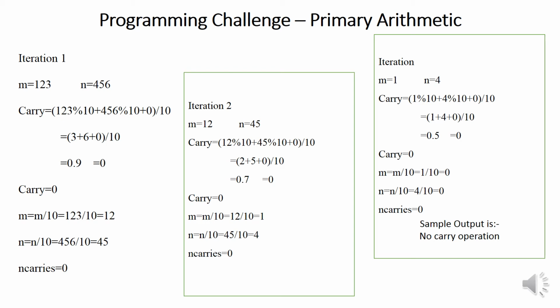Students, we also perform a simple calculation: m is equal to m divided by 10. So we get 12 divided by 10, which is 1. Means the value of m is 1, and n is equal to 4. So here there is no carry, that's why n carry is also not incremented, that will be 0. Okay, in the next iteration, that is iteration number 3,